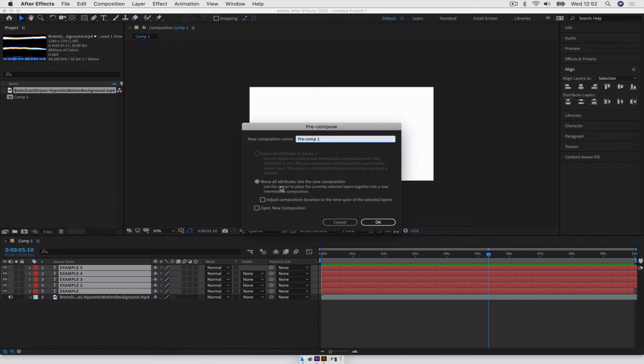Here they have to be moved to move all the attributes into the new composition. So everything that I've done to them, all the changes and new keyframes that I've added, I would like them to be editable, but in the new composition. So I have to click into the group to see them. It keeps things quite clean and concise. So if I click